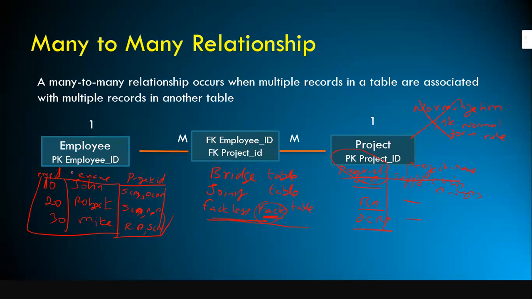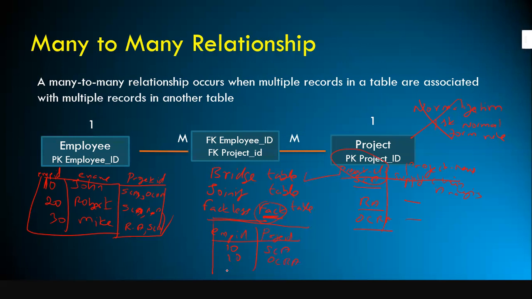How do we store this many-to-many relationship related data? That is where the bridge table plays a crucial role. So here I store employee ID and project ID together. So here I just say emp ID and project ID together. For example, John is working on SCA, and the same employee, John, is working on the omni-channel retail analytics project.